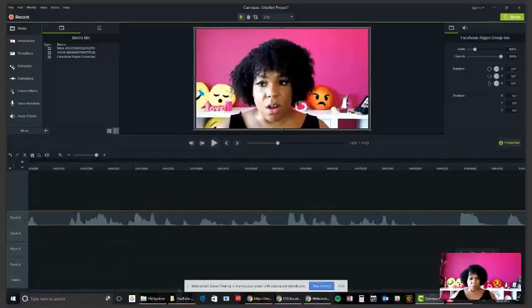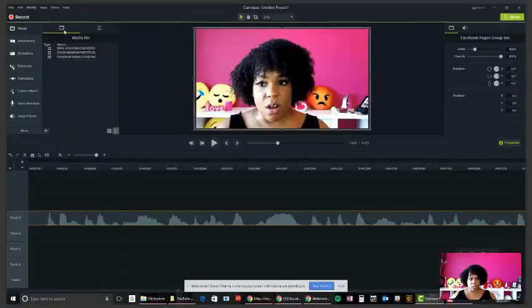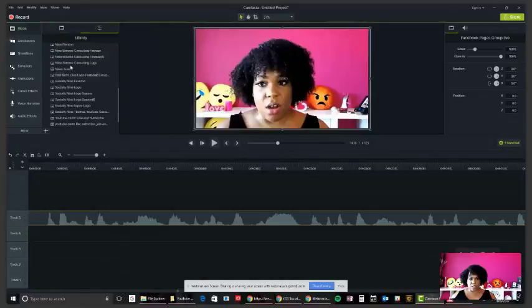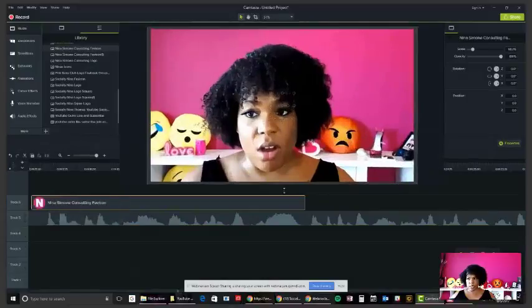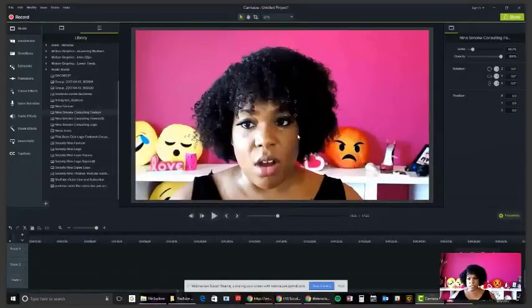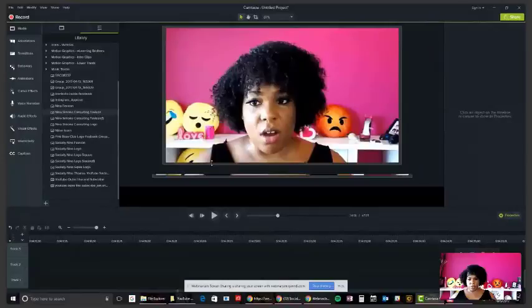Okay. So let's jump in and I'll show you again. So this is media, right? And I've also saved things like, so these are my favicons. So if I double click, oh, it shows up in the other area. I can drag things to different tracks, and let me just make sure you guys can see this. So now you can move anything on here. Sorry, hold on. So if I want to take this,